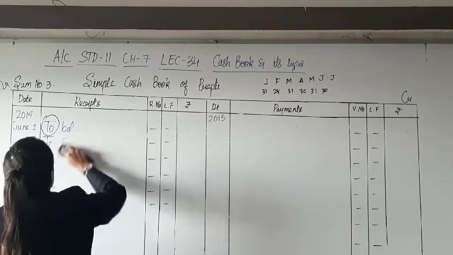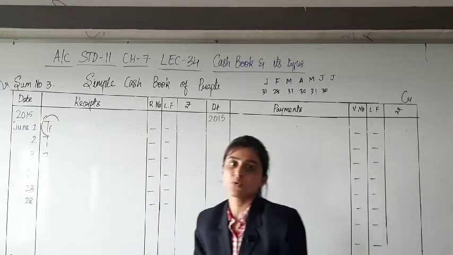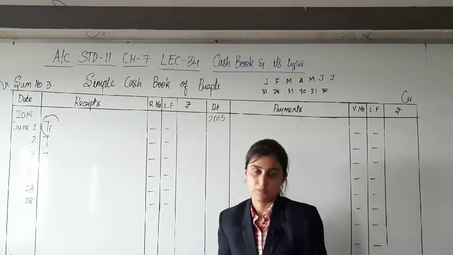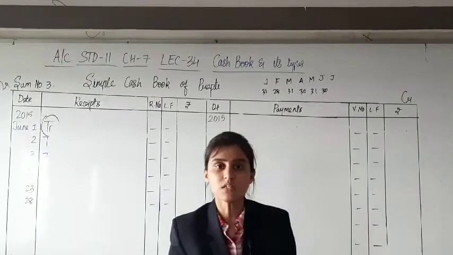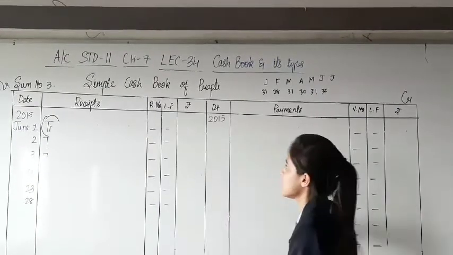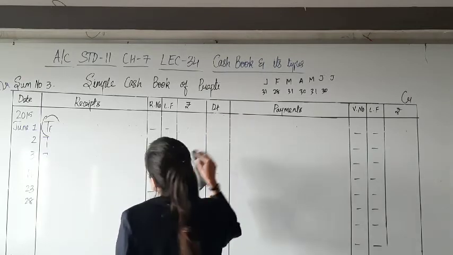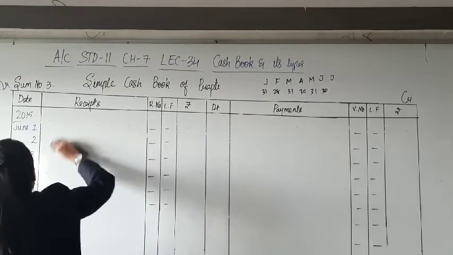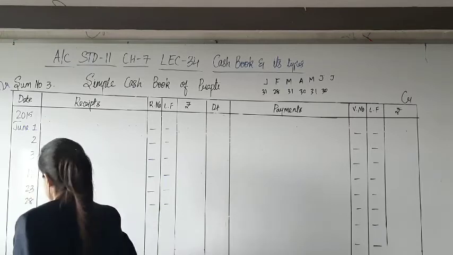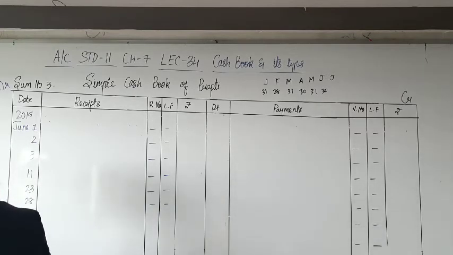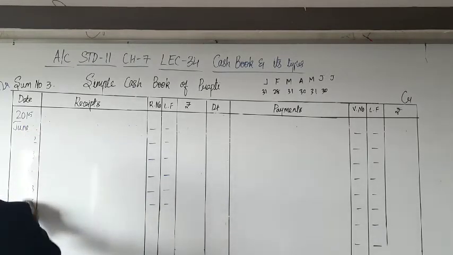If you have received discount, of course you are going to write on the debit side, and if you have given discount you are writing it on the payment side. Just that simple. So let us make two columns for the amount on each side of this cash book. I will just modify this format,